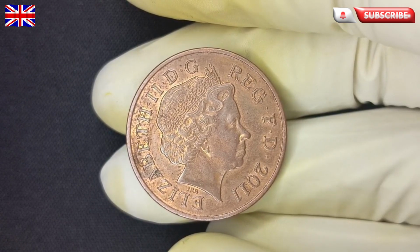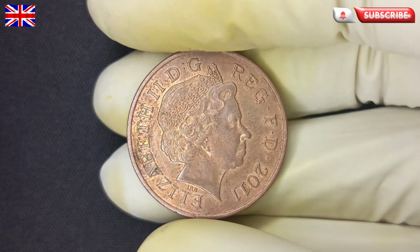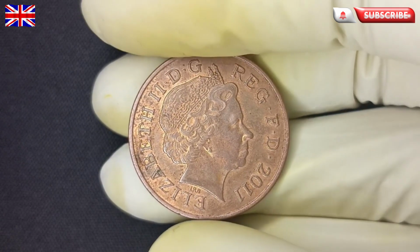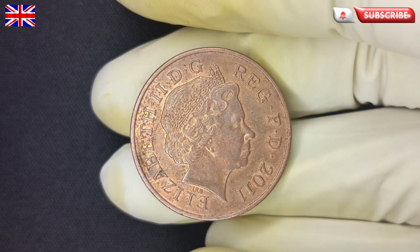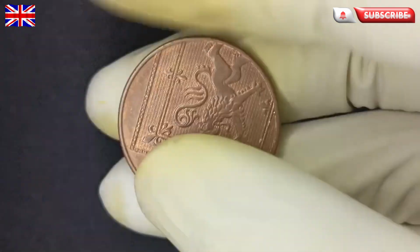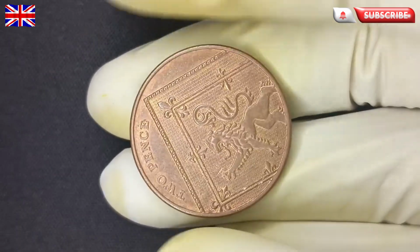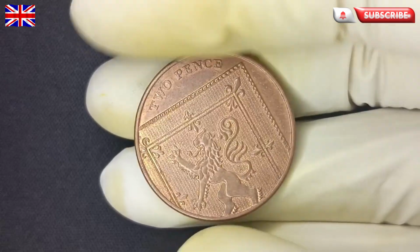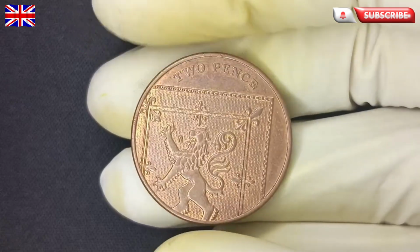The world was watching as Britain held fast to its legacy while embracing the winds of change. The air was thick with anticipation. The royal wedding of Prince William and Catherine Middleton was the talk of the nation. The London 2012 Olympics were around the corner, and among the ordinary moments of British life, one unassuming coin quietly